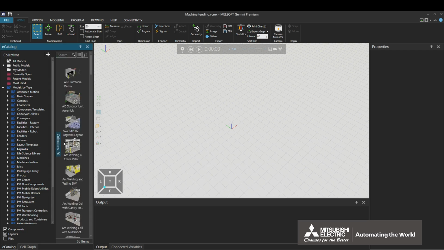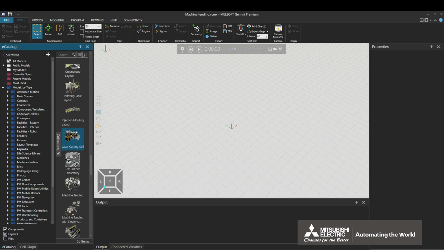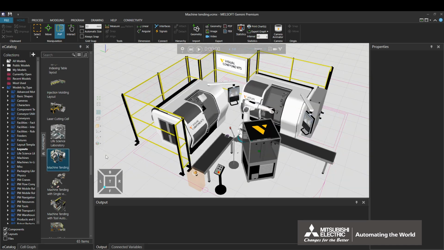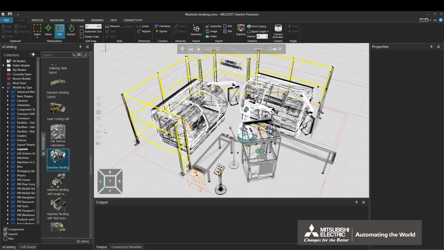Go to the eCatalog window, Models by Type, Layouts, and double-click Machine Tending. By changing the Render Mode setting, the layout display on the 3D world will change. Within the Render Mode function, the available modes are Wireframe, All Edges Shaded,